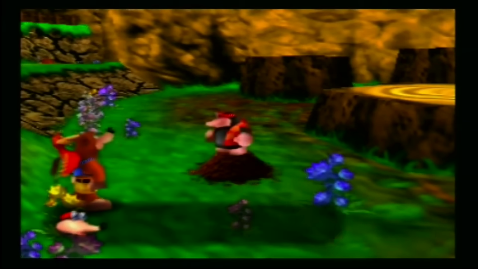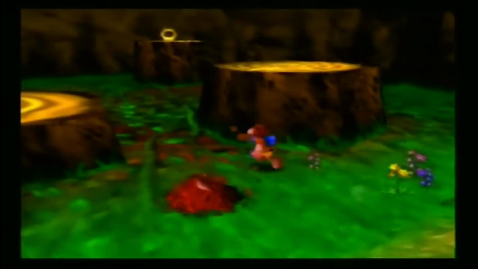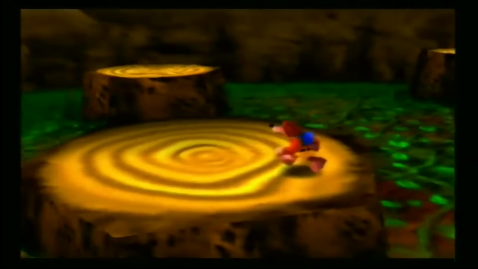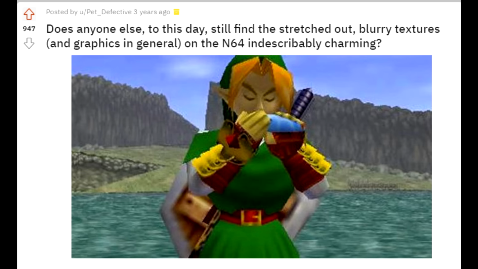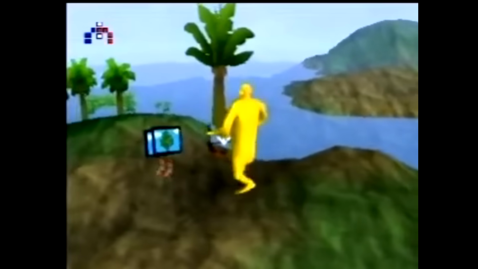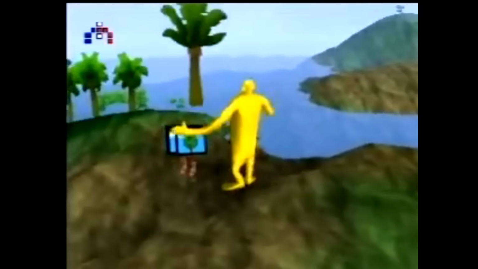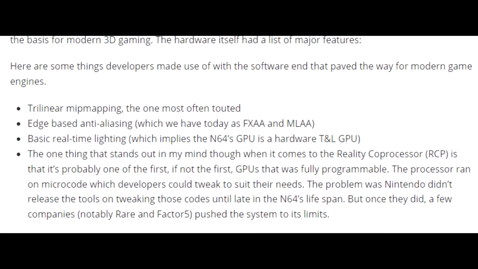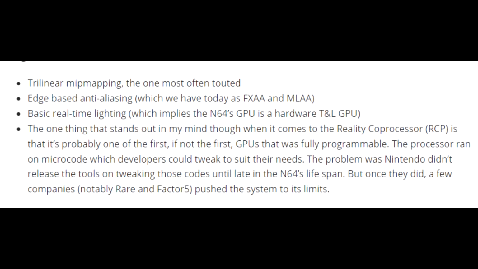The N64 has a very distinct but famous art style that seemingly more and more games are trying to emulate. I find it to be a very charming aesthetic, and the low polygon count and low resolutions have an almost dreamlike feeling that leaves a lot to the imagination. The N64's aesthetics were not only defined by limitations, but also by some choices and oversights that were made back